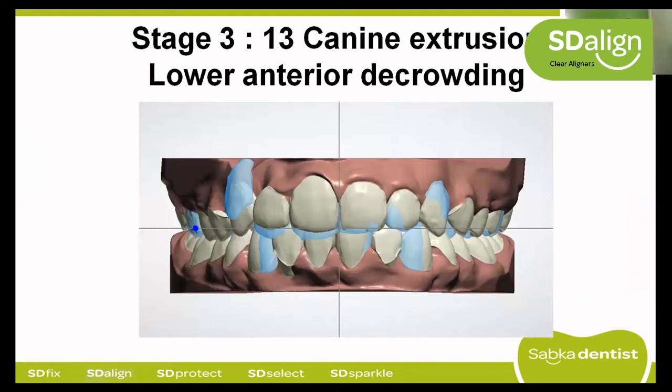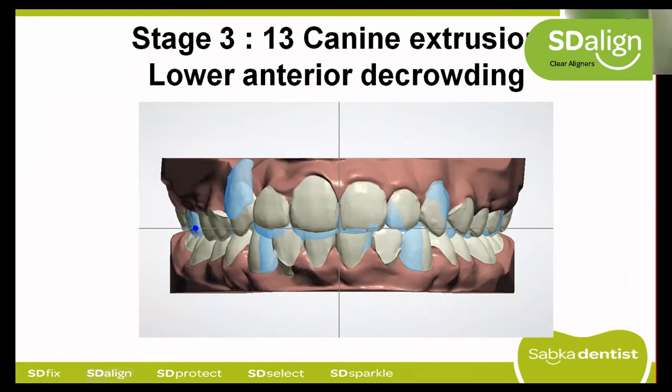Now we come to the third stage. As we saw, for the first two stages, we developed the arch form. We coordinated the arch form. First we did posterior expansion. Then we did anterior expansion and flaring. We also established enough space for the 1-3, 3-2, and 4-2. And now we will focus on moving them. And that is also easier for you to track clinically.